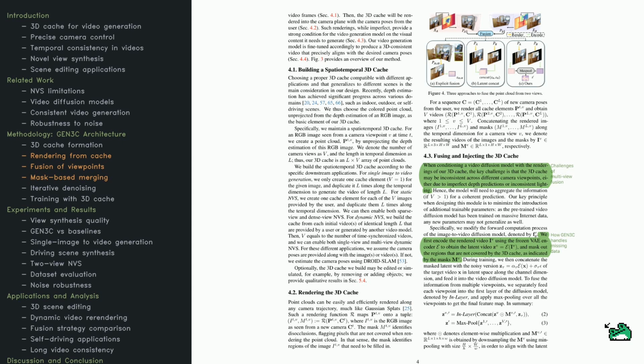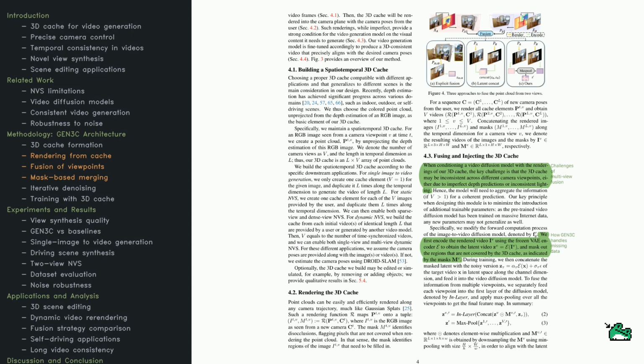How does this cache come together? The model takes an RGB image, predicts depth, and then unprojects each pixel into a 3D point cloud. If you have more than one view, each view feeds its own entry into the 3D cache, which is then spread over time for video generation. If your scene is dynamic, the cache can be built from an initial set of synchronized videos, so the system works across various scenarios. Once the 3D cache is ready, the model renders it from your chosen camera angles, using